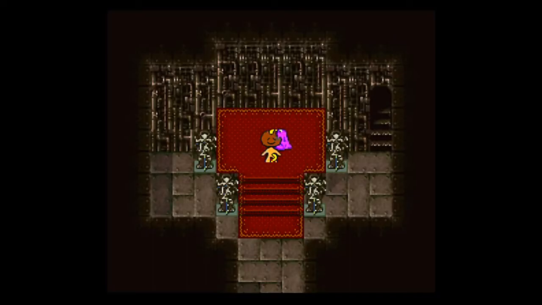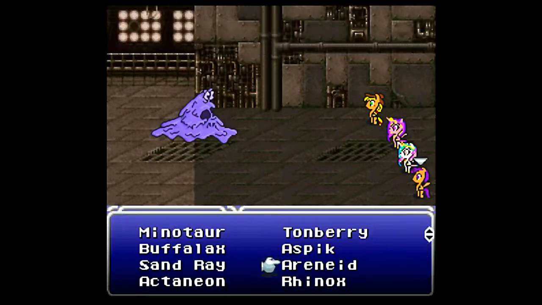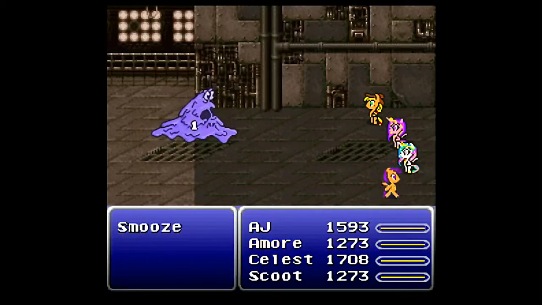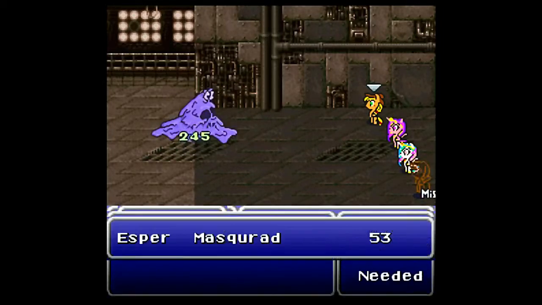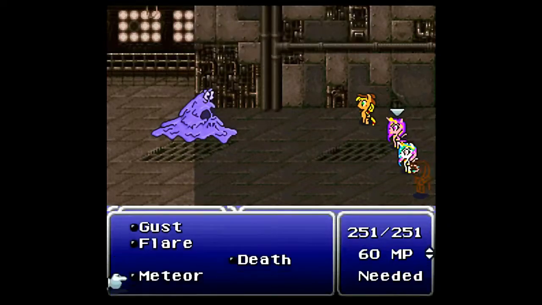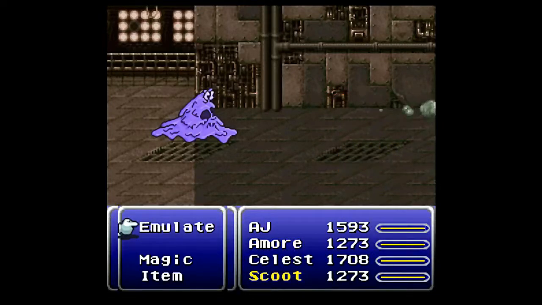Because nothing can stop the Smooze! Except for ponies, apparently. Anyway, the Smooze is not going to get to attack Scootaloo right off the bat, so Dark Behemoth, I don't need that Holy Ring anymore. I mean, it does at least raise magic attack, so Masquerade, Haste 2, and yeah, there's not a whole lot this guy can actually do to...